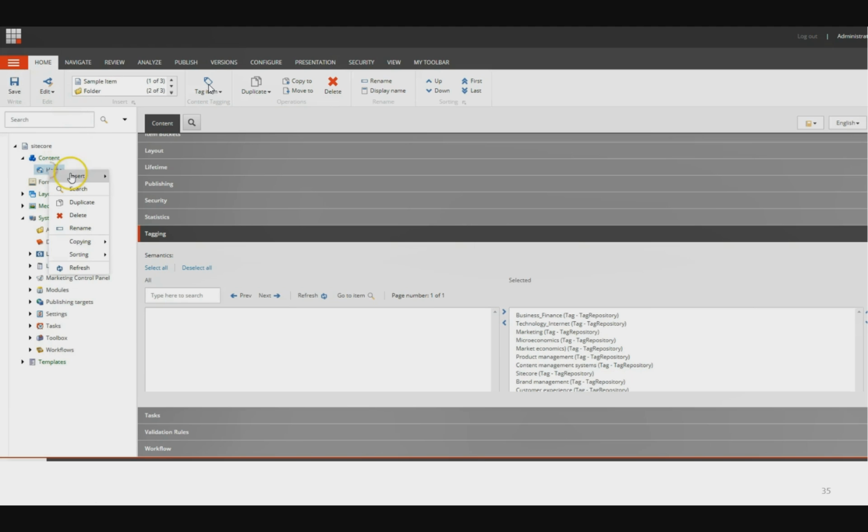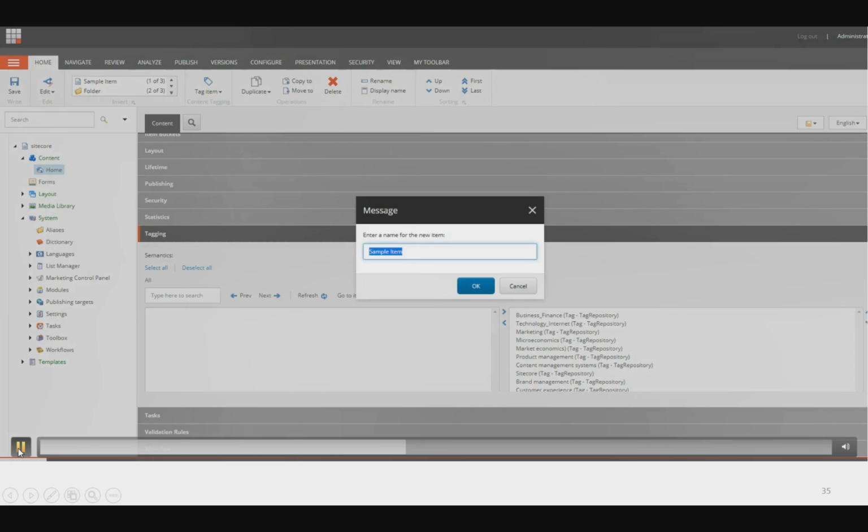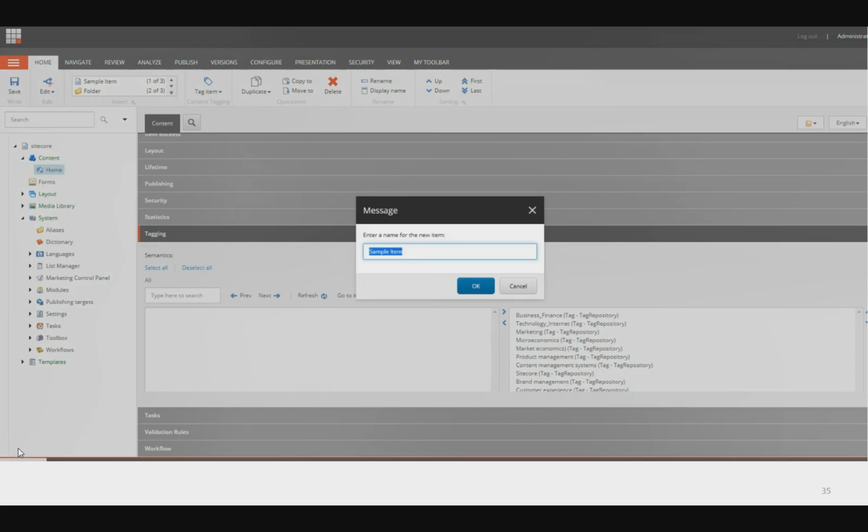So in the next step, I will create a new sample page, add a news article about mobile phones, and then run the tagging service again. So let's start with that. I'm creating a sample item. I'm copying the item title from another page.